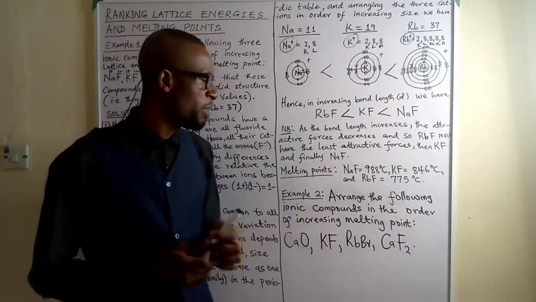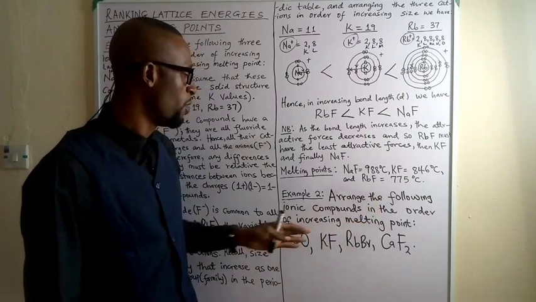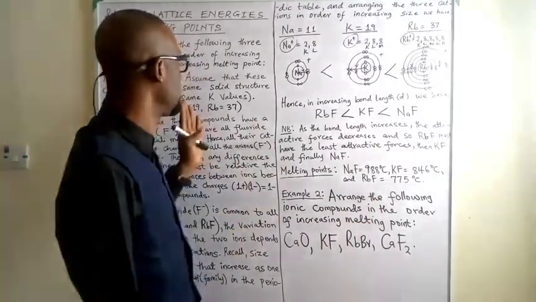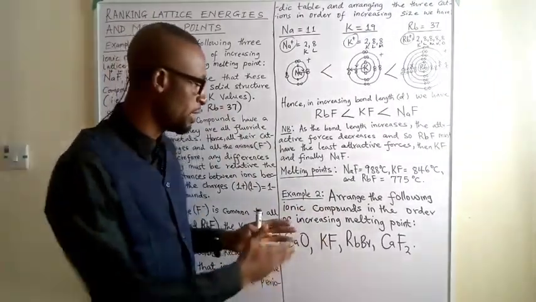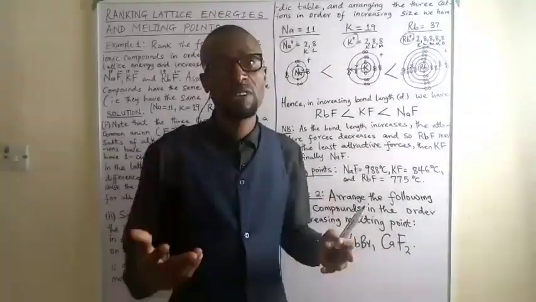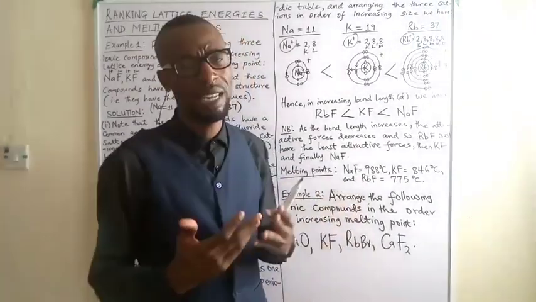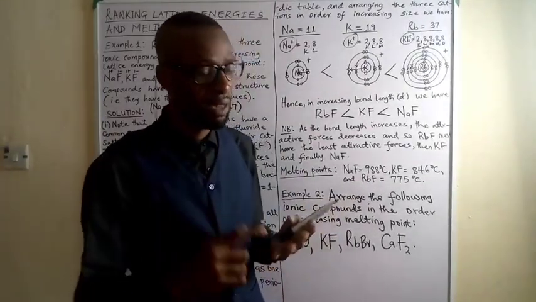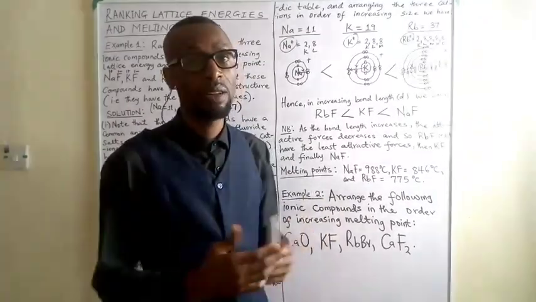The second question that we are given is to arrange the following ionic compounds in the order of increasing melting point or increasing lattice energy. The same thing we did here is what we're going to do here, even though there is a little difference in what we have here. Let's bring out, remember, the two factors that determine the strength of the ionic bond, or how large the lattice energy and melting point are. First one is increasing ionic charge. Secondly is decreasing internuclear distance, or ion-to-ion interaction.